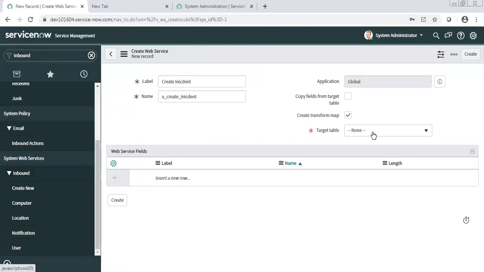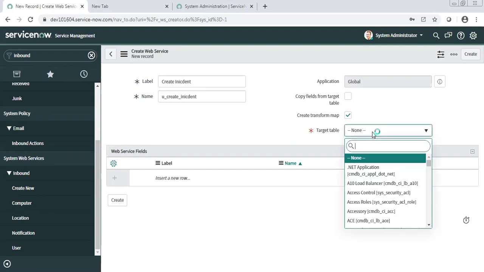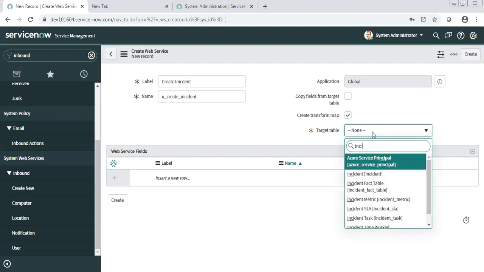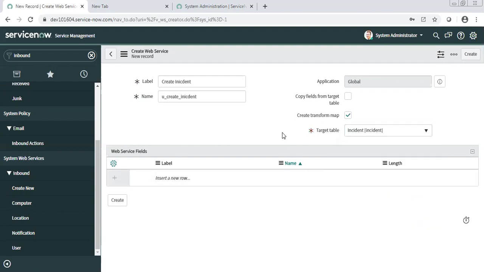Then here you can select your target table. The target table is where exactly your incident needs to be created, so it should go to the Incident table. So I will select my table. If you are integrating CMDB or any other table, you will have to select that table. In the CMDB case, it is cmdb_ci, depending on where you want to put your data. If it is a server, then you may need to select server. If it is a Linux server, then maybe the Linux table. Based on what you are integrating, you need to select that.